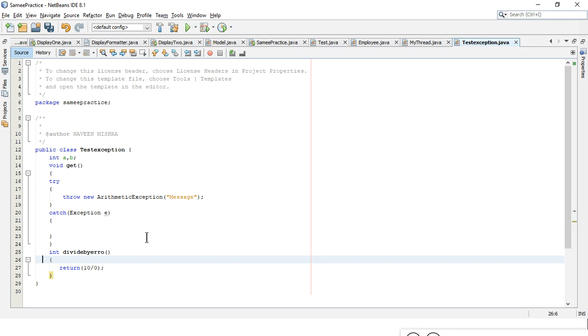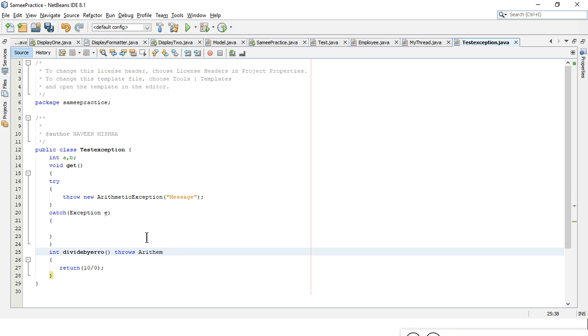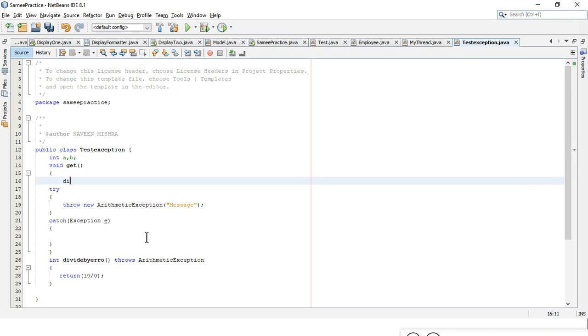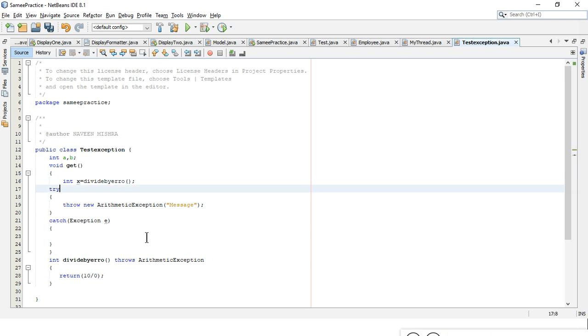In such a case, what you can do is define throws arithmetic exception alongside the definition. By doing so, you are using the throws method, and whoever calls this method, let's say here you call this method in the get method, you should place it inside the try catch block.